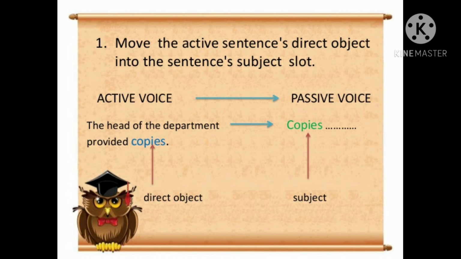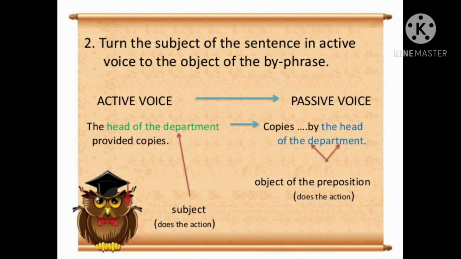Now we will see the next step. Turn the subject of the sentence in active voice into the object of the by phrase. Now you can see the head of the department provided copies. In the first step we have already changed the object into a subject.